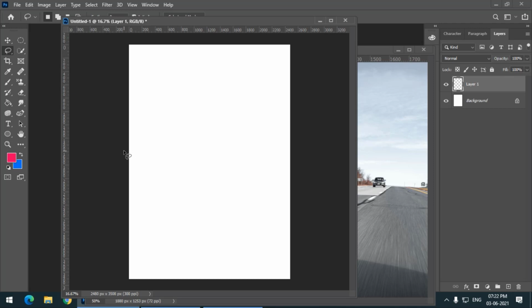So I will try to create a mountain top or a hill rather. So this is a hill. So I have selected this area, and this is a new layer. You can either color it by using the paint bucket tool, or you can simply press Alt backspace or Control backspace.